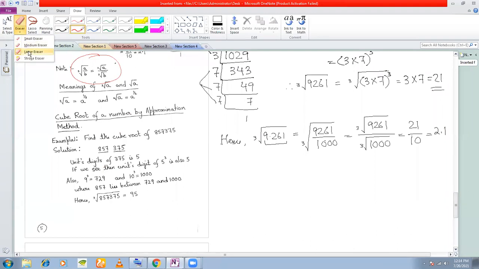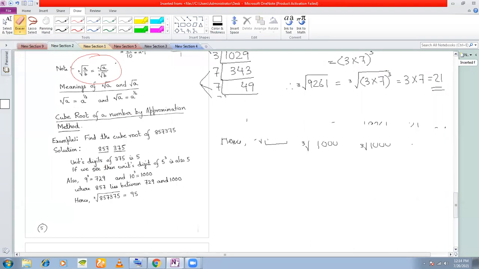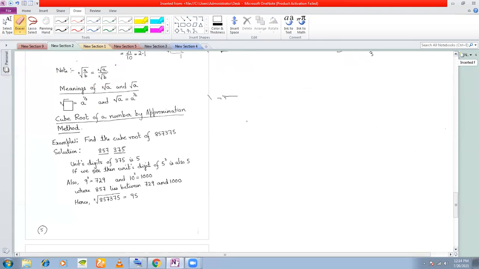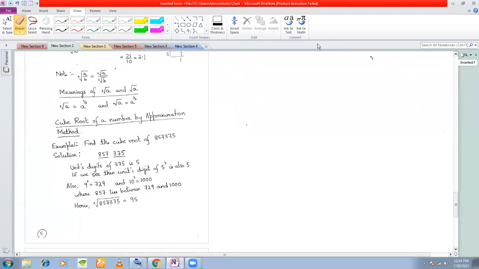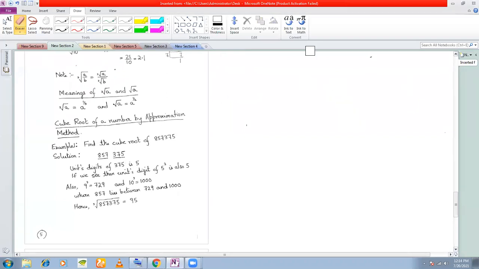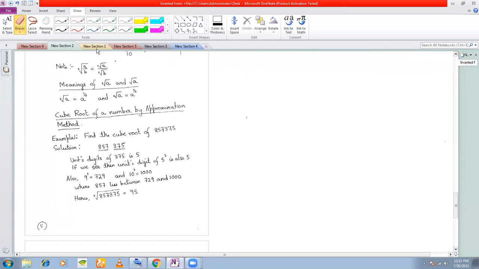Next, we come to the meaning of cube root of a number in terms of fractional powers. You can just take a note of this. We'll be using this later on in class 9 maybe. If we are writing square root of A, I have a hidden 2 here, we don't write that 2. So we can write this as A to the power of 1 by 2. Similarly, when we are writing a cube root of A, what we mean is A to the power of 1 by 3.